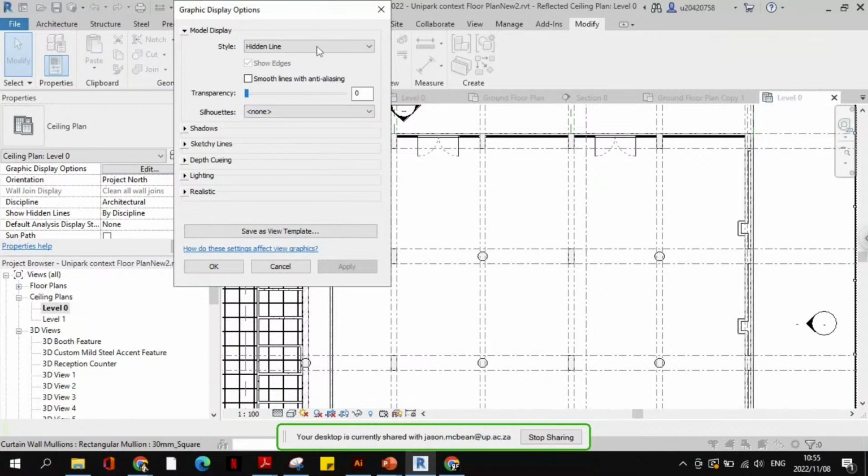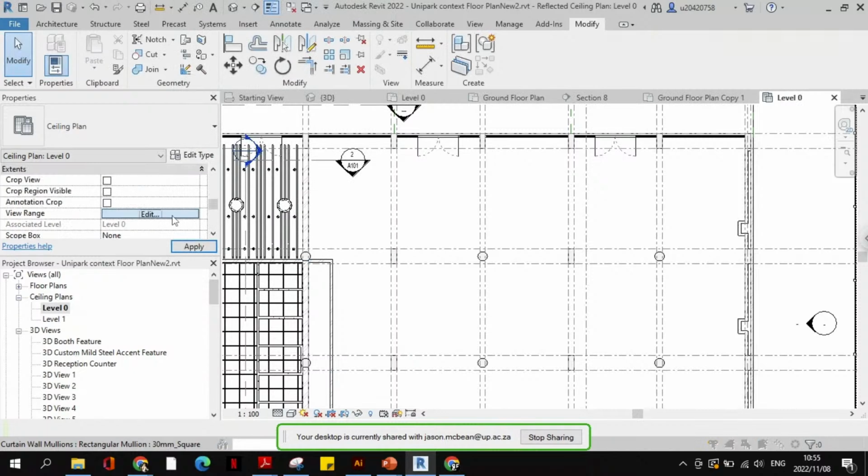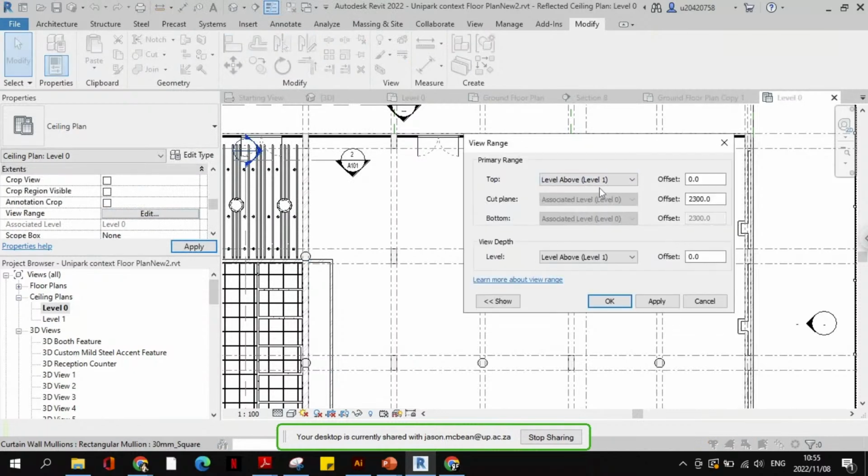Okay. So here, now, this is something that you've got to get your head around. The view ranges work slightly differently. So usually it tries to cut it quite high up and looks up. So it looks in the opposite direction, the total opposite direction. So top is 0. Here we can make this view depth unlimited. So you'll see through the whole